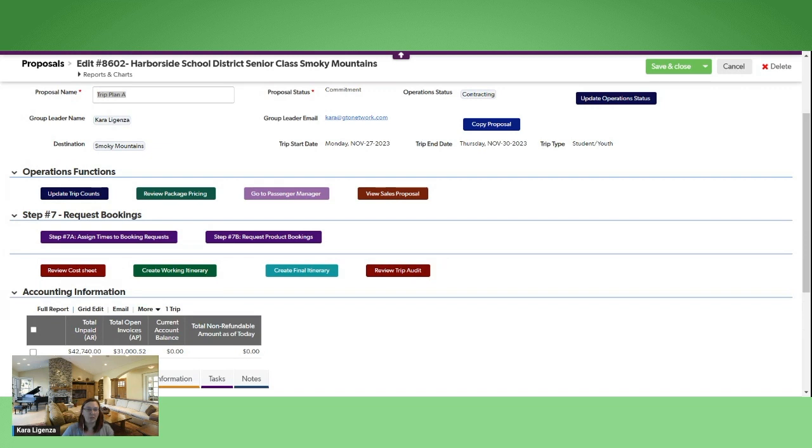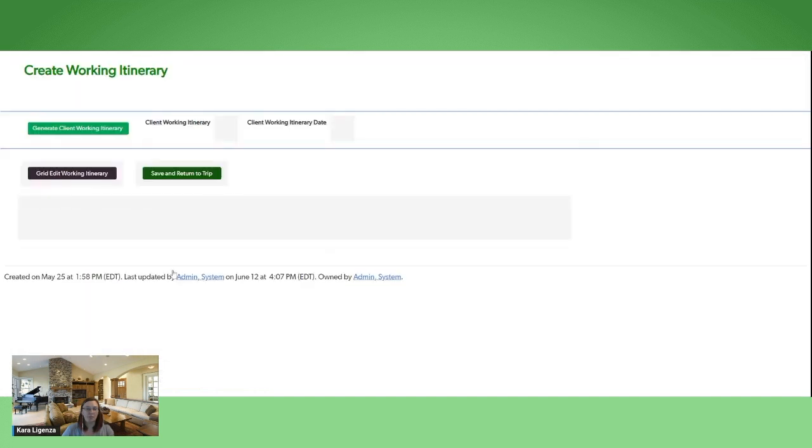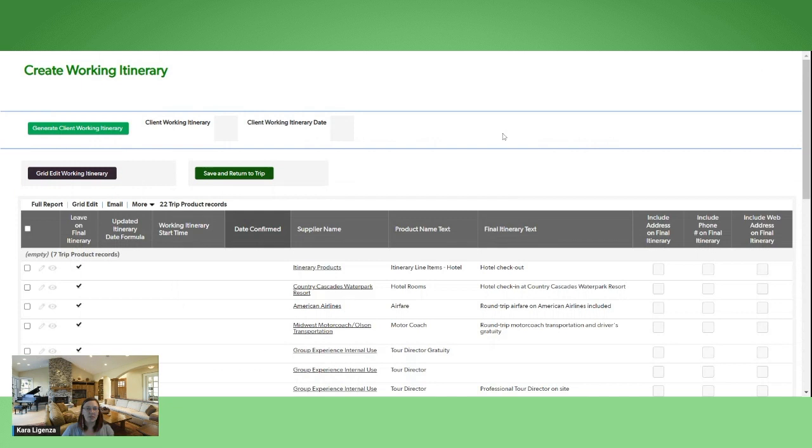Working Itinerary. What this does is it gathers all of the information that you have put into the trip and it creates it in an itinerary in chronological form. So we're going to click on Create Working Itinerary. What it's going to do is it's going to bring you to a page where you can generate a client working itinerary. I would advise that you generate one of these itineraries just so if anything ever changes on a